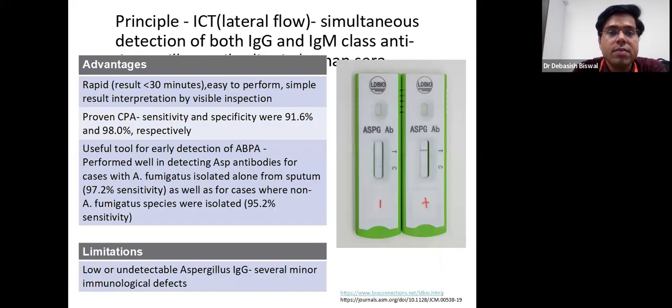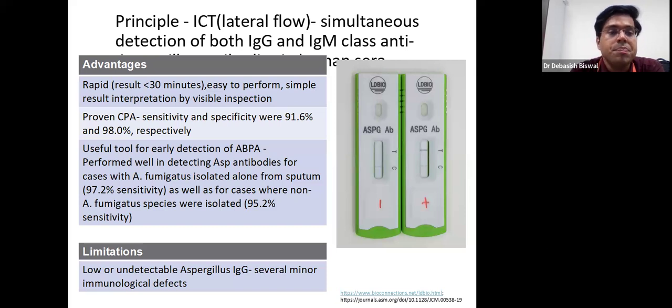Then in fungal infections, Aspergillus is one of the important fungal pathogens causing infections in humans. We have a fungal RDT from LD Bio. It gives a result within 30 minutes. It is based on a lateral flow assay, and it detects both IgG and IgM class antibodies against the Aspergillus fungi. It is easy to perform and